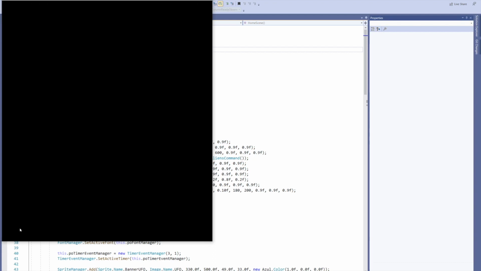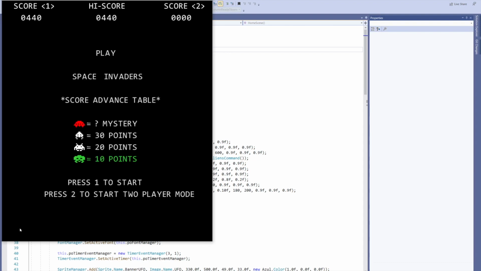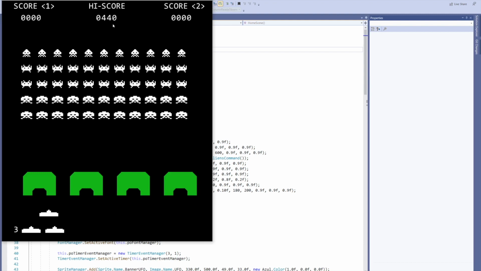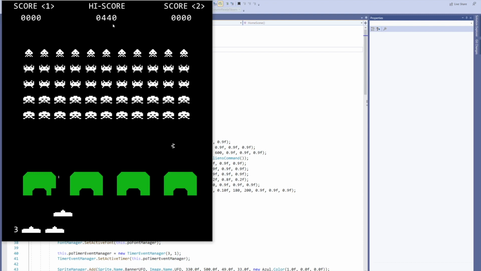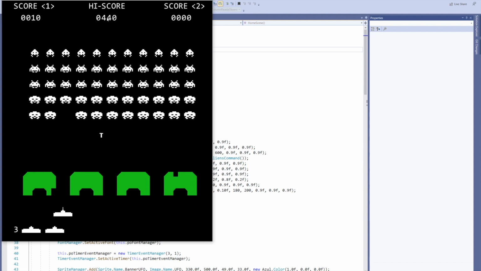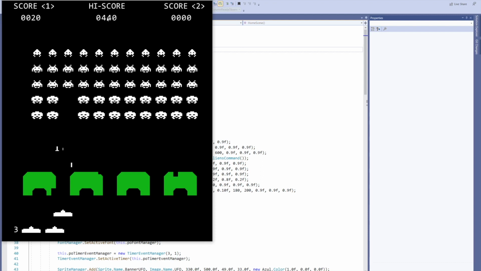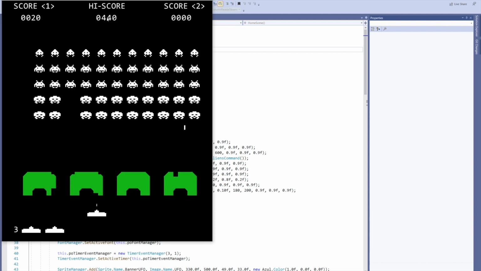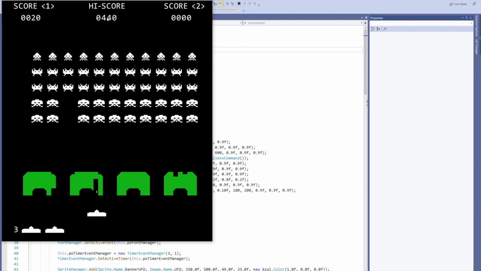So if the lives are over, it shifts to the game over screen, and then it automatically shifts back to the home screen, and we can see player 1 has a score of 440, and the high score is updated with 440 as well. I also implemented this restart command, so when I click on 1 again it creates a new game. And we can see the high score remains at 440, because that's the previous high score I had achieved. And